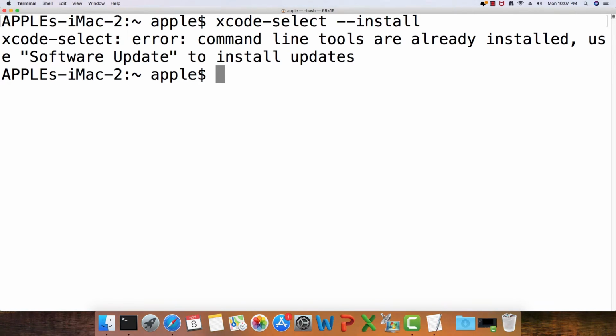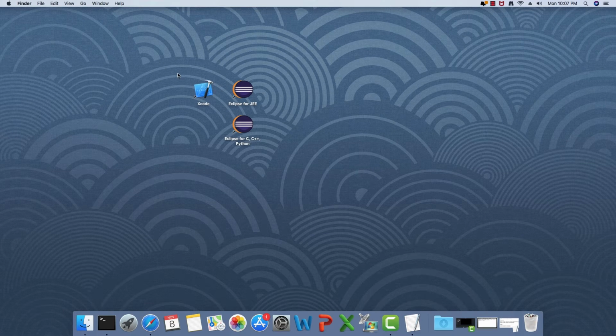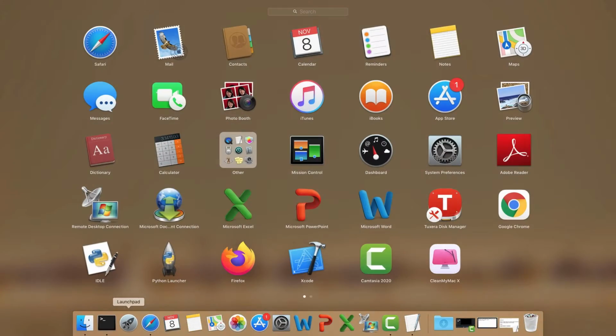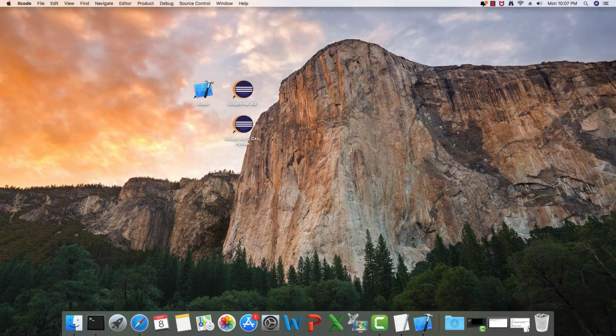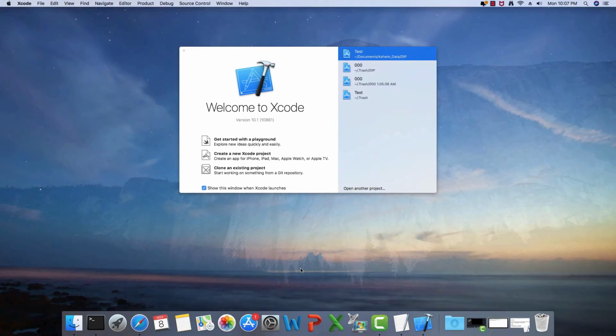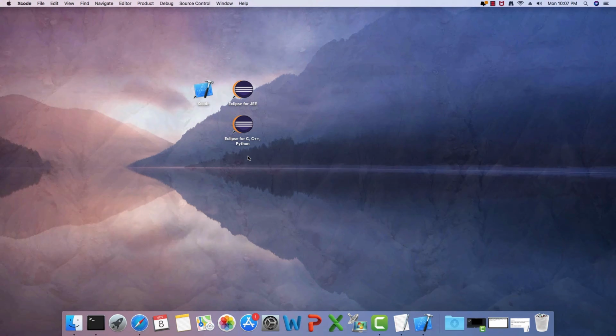So it seems that the Xcode IDE is already installed and I already have it here on my desktop. You can also find it in the Launchpad, so I'm just going to launch it from Launchpad. Let us create a new Xcode project.